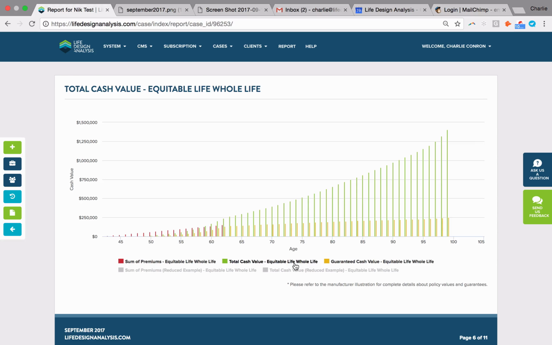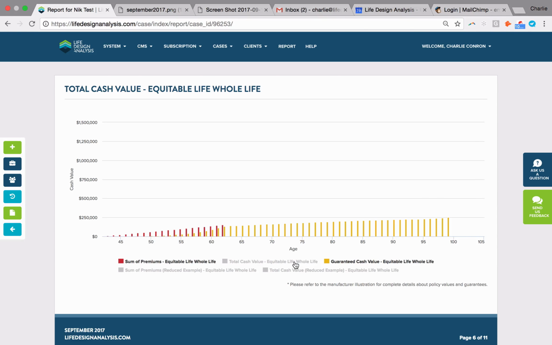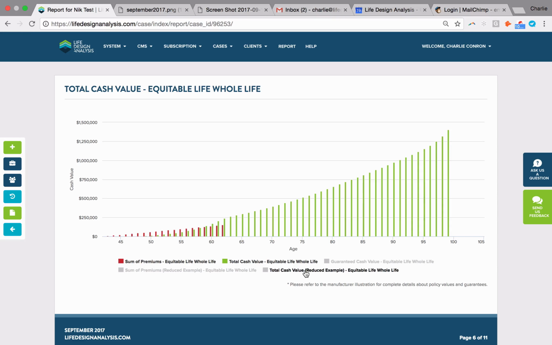So we can actually guarantee this client that they would get all of the premiums back should they cancel. Because it's guaranteed 151, we could actually guarantee them their premiums back in year 25. And that's very powerful. Now, we probably wouldn't sell entirely on guarantees. We'd say, there's likely going to be a total cash value. If not, it's going to be some form of reduced.